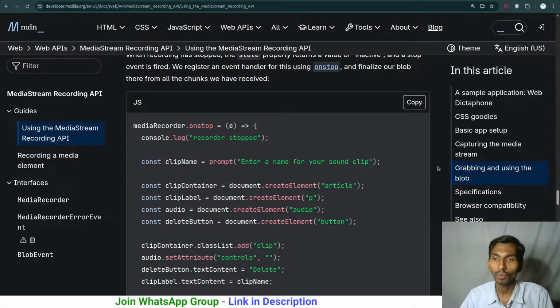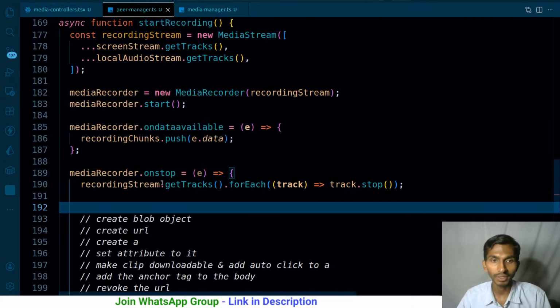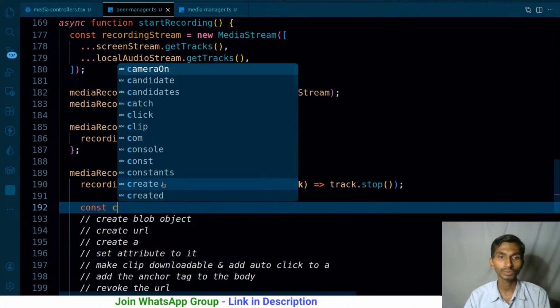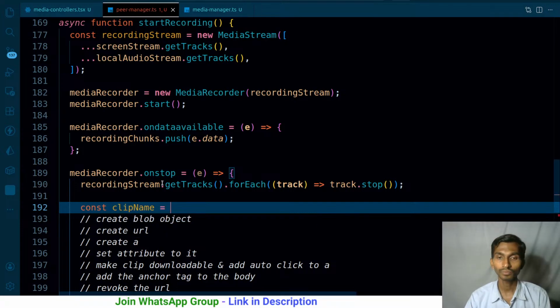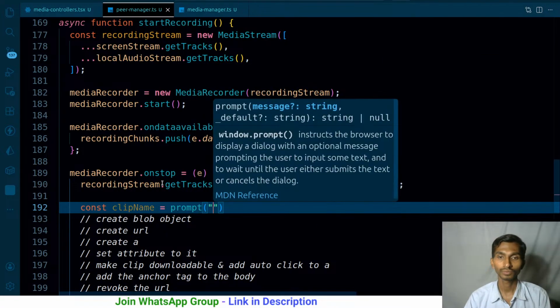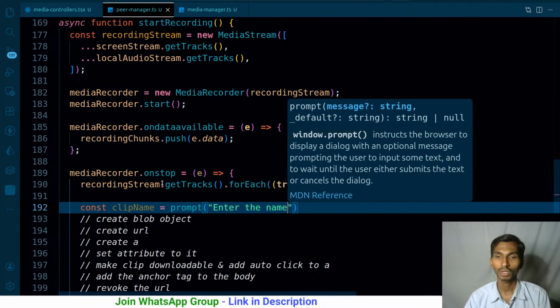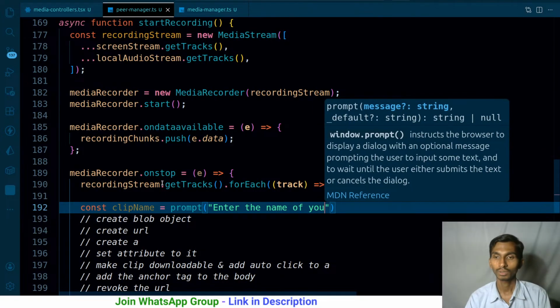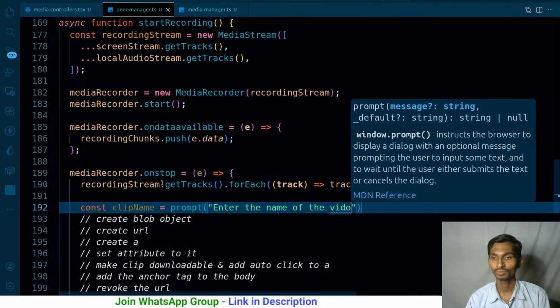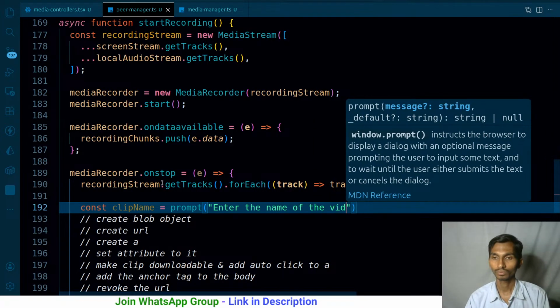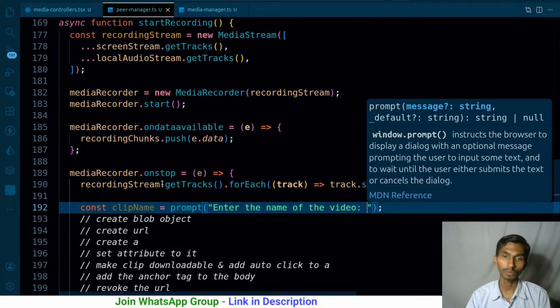In our case, we are recording video and audio both, but ultimately we need the name, right? So const clipName is going to be prompt, "enter the name of the video." Just like this, you will have to enter the name.